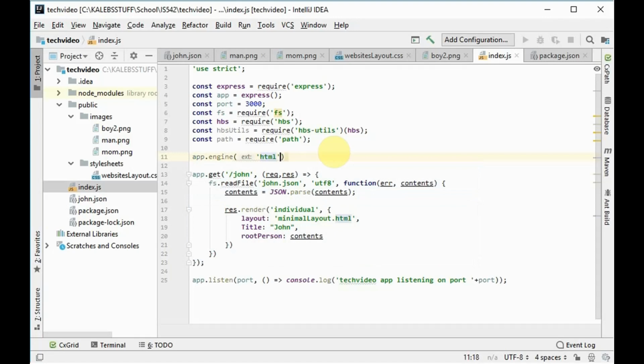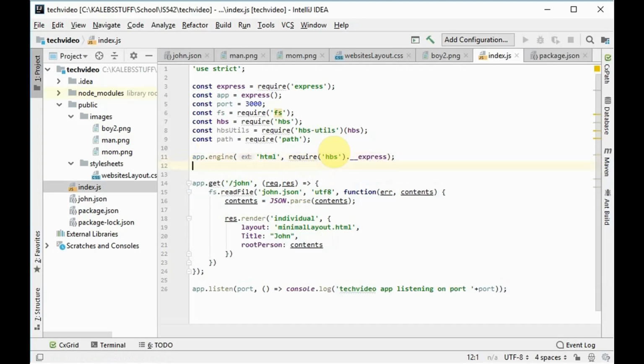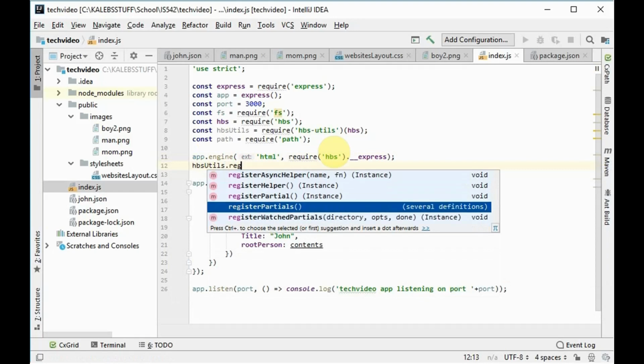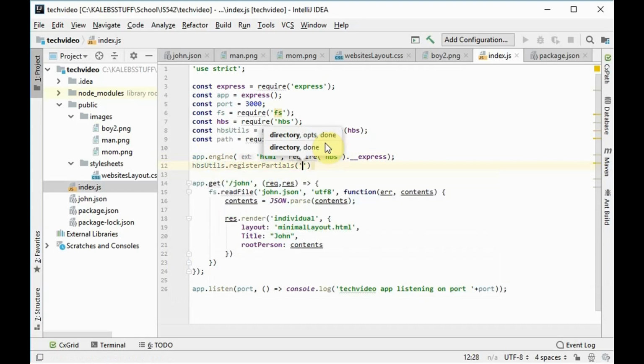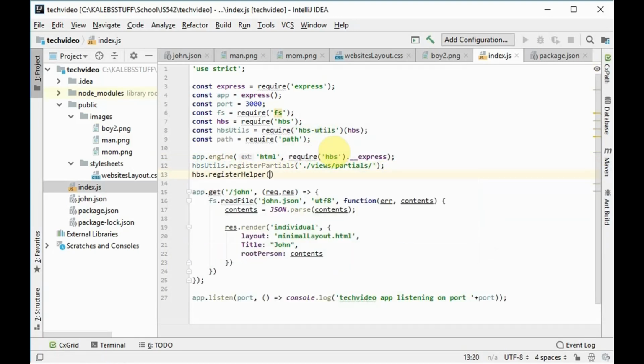So for every HTML file, we're going to say it's going to be using handlebars.express, and we're also going to register the partials that we have, and in this case we're going to use the views partials folder for any partials, and let's also write a helper method. As we showed you before, we're going to do the format place helper method,